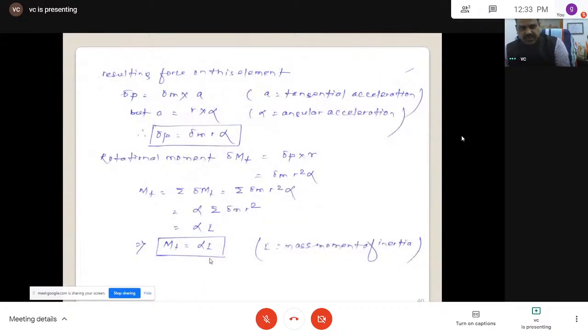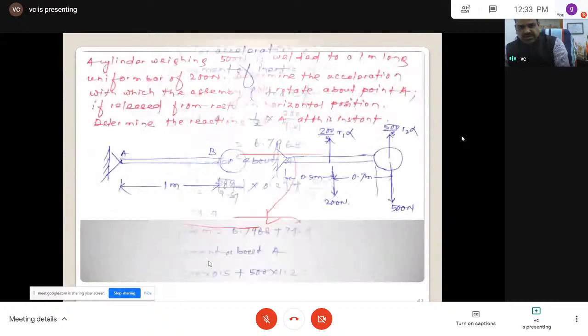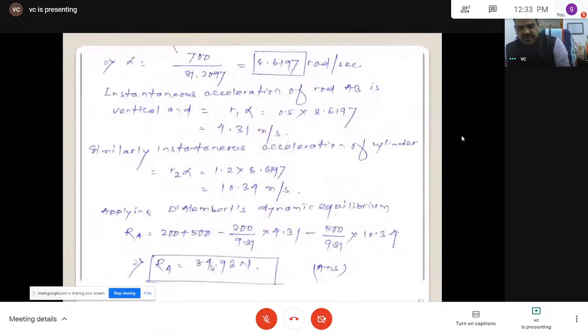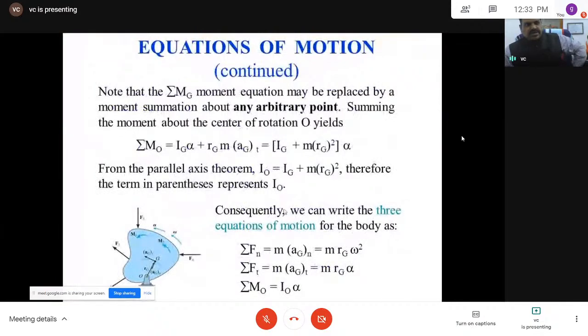Now include the translation and rotation. That is the plane motion. Because plane motion kinematics also we have not discussed much, that's why this topic we will discuss separately. But I am giving only the concept. The three equations: normal, tangential, and moment. Moment about a point is I into alpha. Okay. So this is how